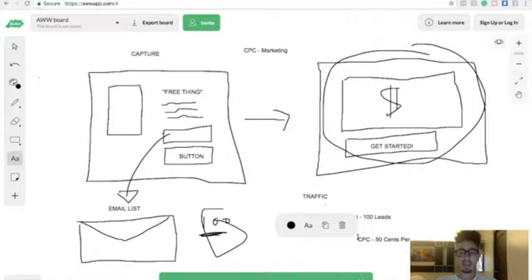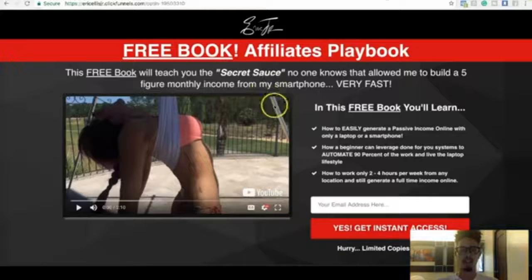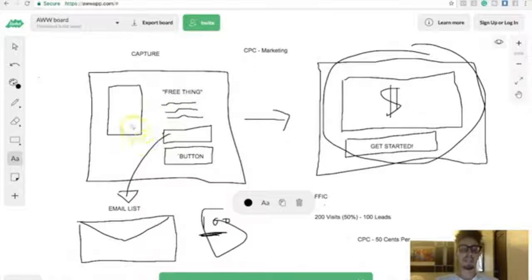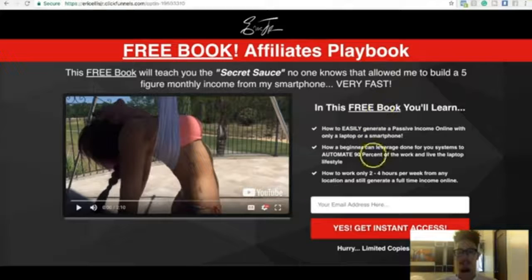You could be doing Facebook ads. It does not matter. Let's just say 50 cents per click, and I have a capture page that's converting at 50%. Now what that means is every time somebody lands on this little page, this page right here is currently converting at 50%. Every time somebody lands on this little page and comes across what I'm offering,